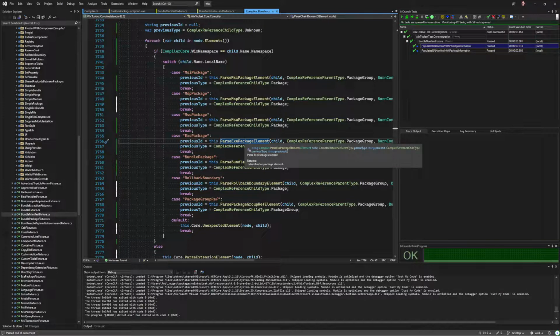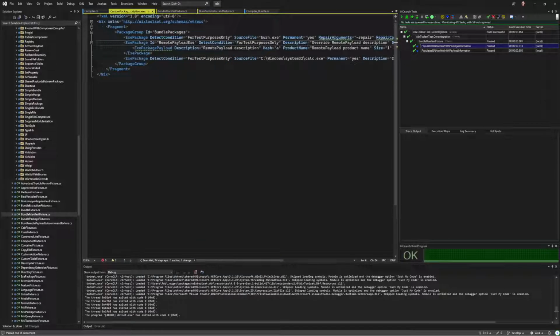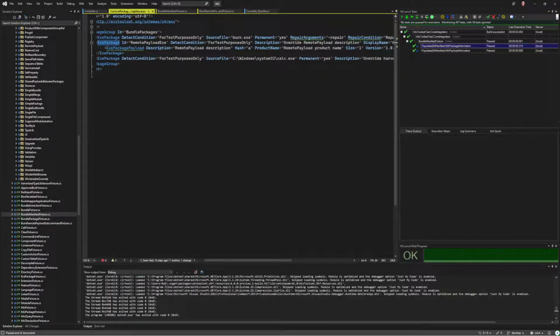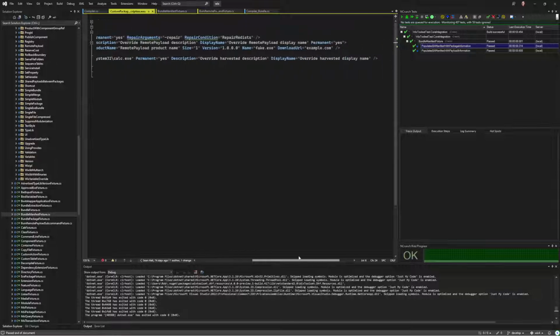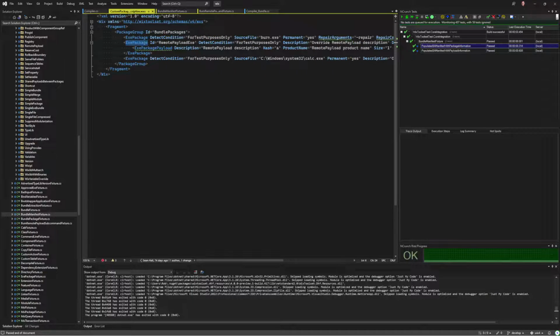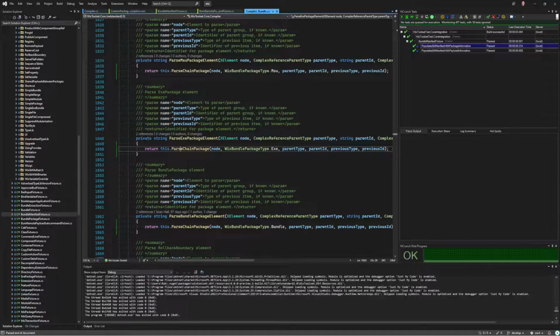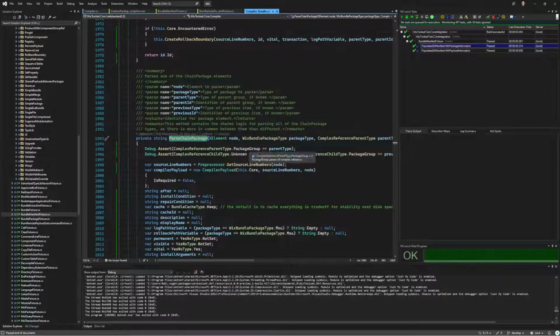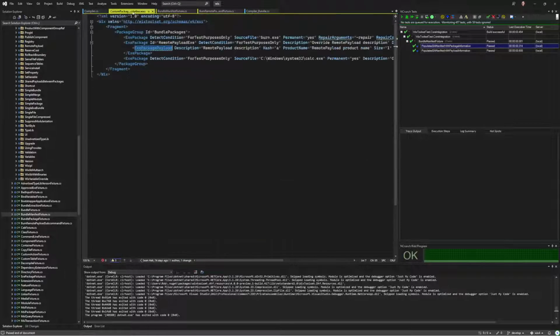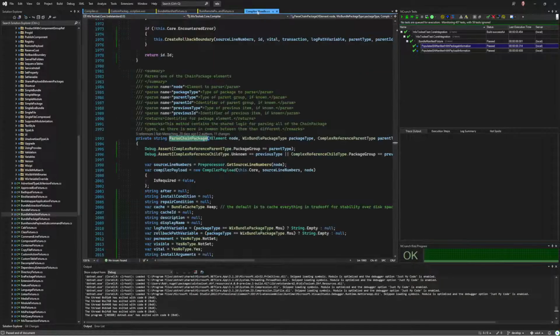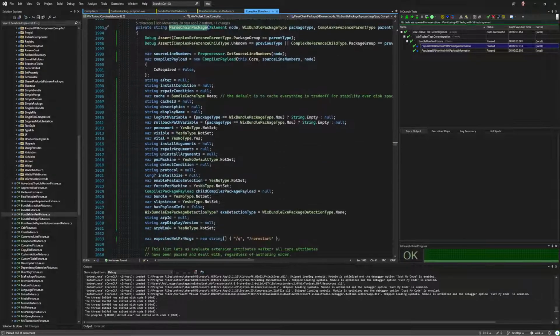All right. So what I'm doing is I'm looking at the parents of these things because I just want to make sure that we're able to know when we can nest these payloads under it. So when there's an XE package payload, let's go look for that inside the chain package, right? So this is the generic function that parses all of these different kinds of children, because they're more similar than they are different, is probably the way to